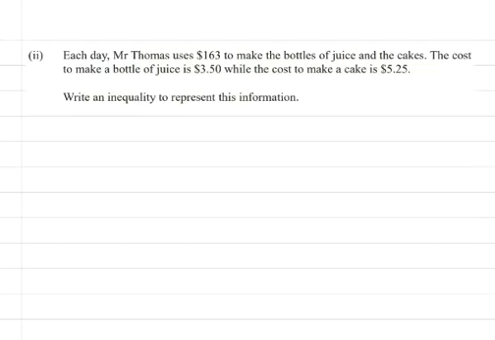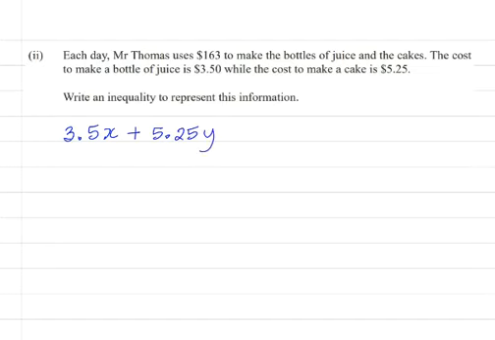All right, so if I make X bottles of juice and it costs $3.50 to make one bottle of juice, the amount of money I spend making juice daily is 3.5x. So if I know the cost to make one bottle of juice, I can find out the cost to make any other number of bottles of juice by multiplying. Now, if the cost to make one cake is $5.25 and I make Y cakes, it means I spend 5.25y